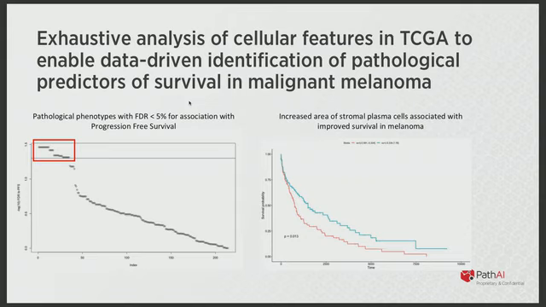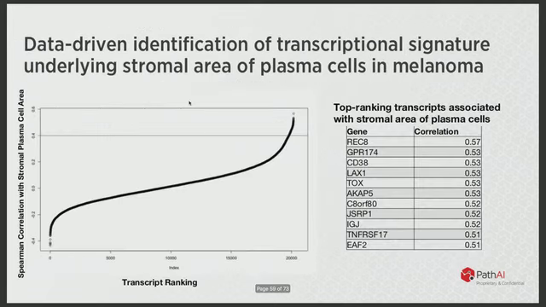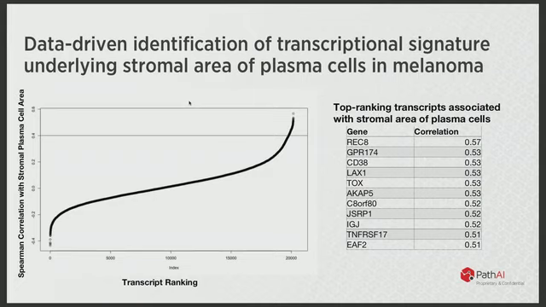And we find, in a totally data-driven way, that there's a small set of 15 features or so highly associated with survival. The rest aren't. The top ranking one is an immune cell feature: increased area of stromal plasma cells is associated with increased survival. This analysis was really just linking the images with outcome. Then we can ask, what are the genes underlying this pathology? Pathology is telling you about cells and tissues. RNAs are telling you about the actual transcriptional landscape underneath. So we can rank all the genes in the genome by their correlation with this quantitative phenotype we're measuring on the pathology images.